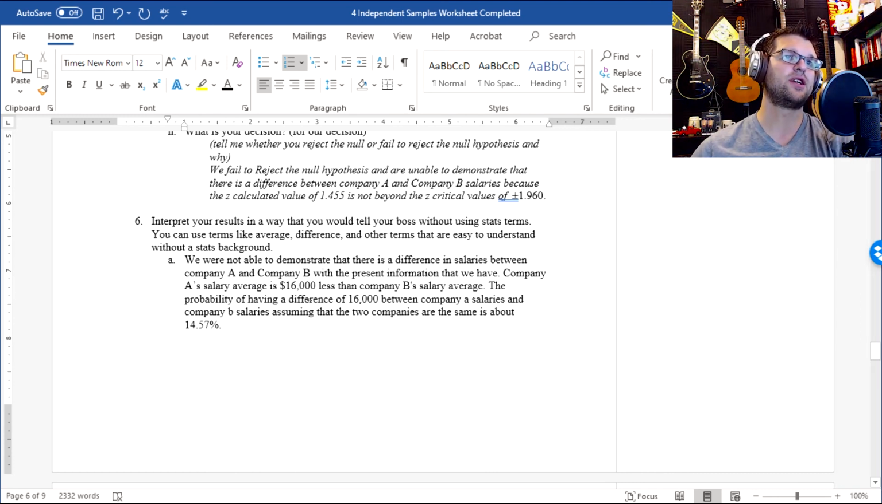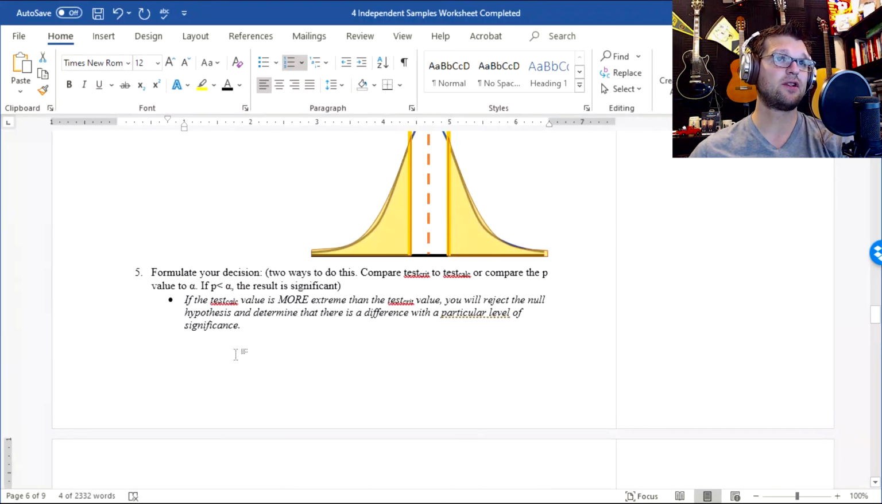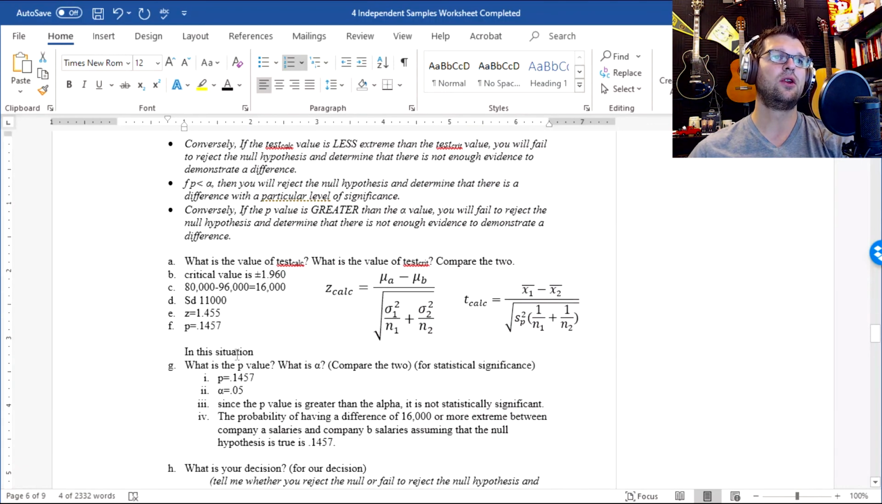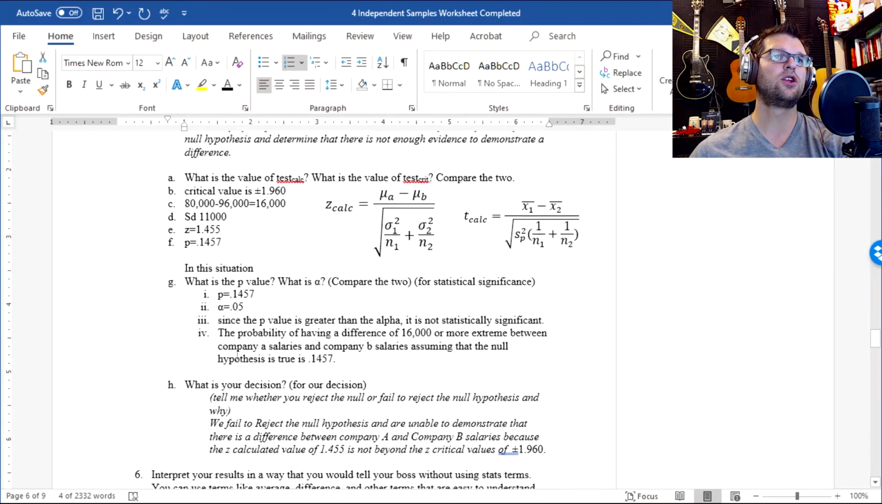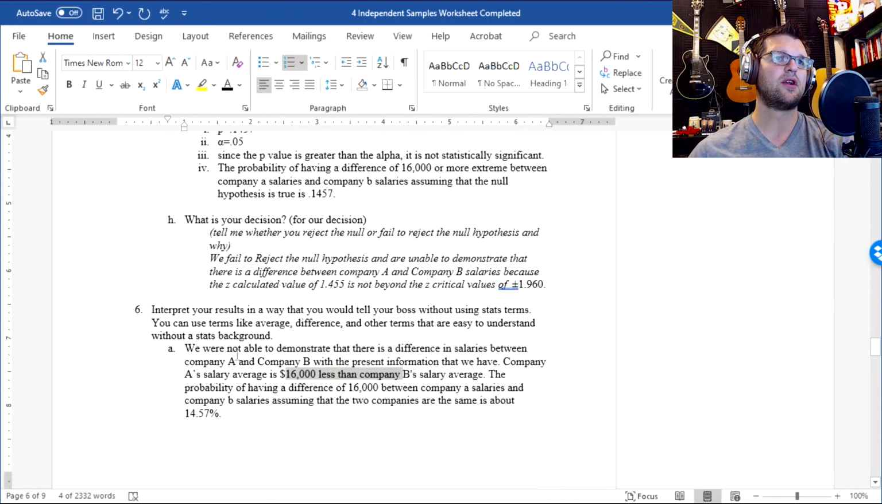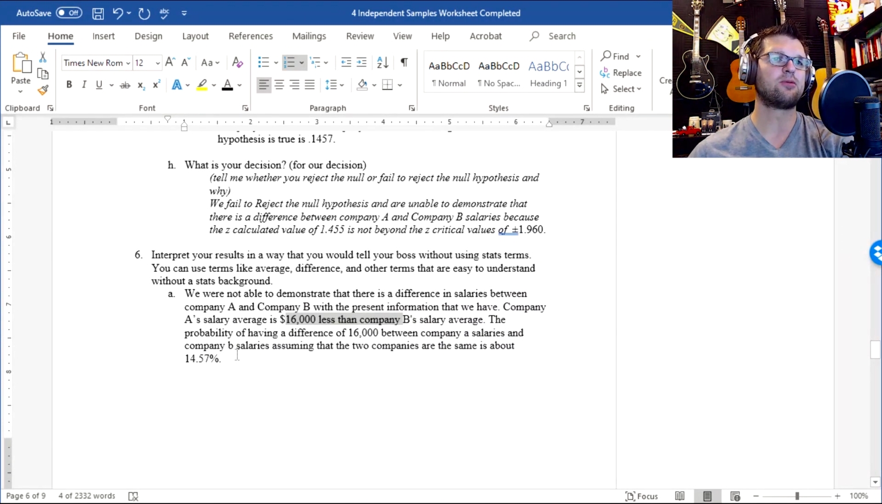Company A's salary average is 1,600 less than Company B's salary average. The probability of having a difference of 1,600 between Company A salary and Company B salary, assuming the two companies are the same, is about 14.57%. So that's how you would write that up. Just because there appears to be a difference doesn't mean that there actually is a difference. You need to go through the testing process to make sure whether or not there truly is a difference, and with how much confidence, how much proof you have to be able to show that, or else you get that fun little thing called type 1 error, when you say that there's a difference, but there really isn't a difference. So hopefully this was beneficial, and